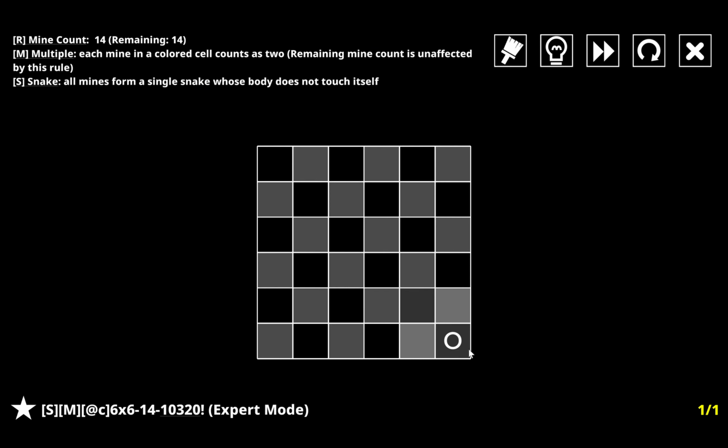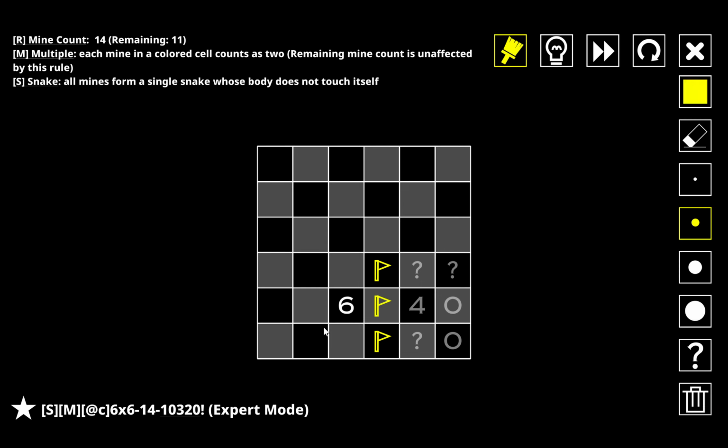Okay. I don't know if I've seen this one. I don't recall it though, so whatever. First of all, 0 clue, done. 0 clue, also done. This 4 clue, that's the only way to satisfy it, so it's also finished. We can mark that one real quick. Now, one thing we can kind of consider is